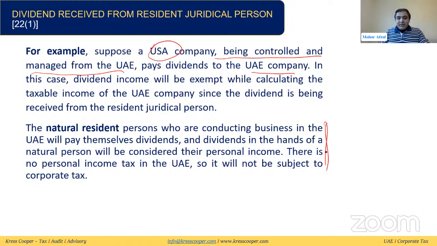So in the example, we are very clear on the first point. The first point we discussed: if an amount is being received as dividend or other profit distribution from the juridical person, it will be exempt. If the individual is receiving it, it will be out of the scope, because the individual itself is not subject to tax. If any company is receiving this income, they need to pass the adjustment in their books to adjust their profit to arrive at the taxable profit. If the individual is conducting the business and getting any dividend from its business, again, it will be in the hand of the individual person. It will be exempt from the UAE corporate tax law because there is no personal income tax. So the first point is fine.